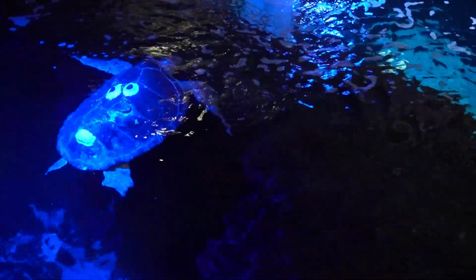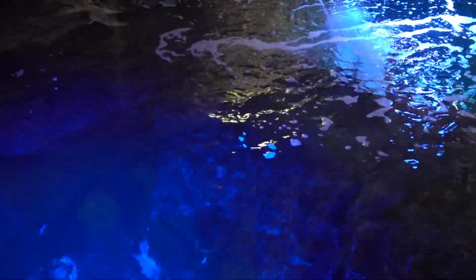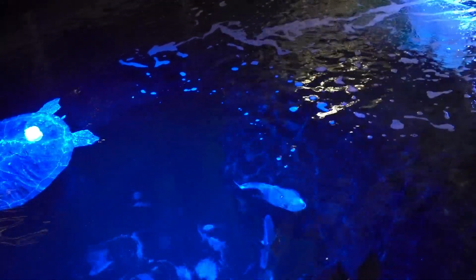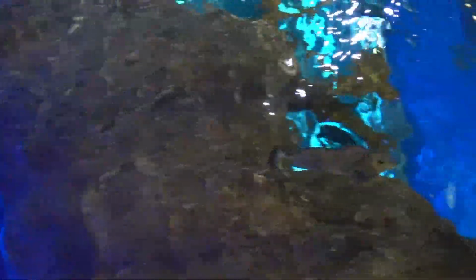What timing. This is great. Her accident occurred around February 2009. She was transported to the Florida Sea Turtle Hospital, and she was there for a few years, and then she was given to us when she was deemed unreleasable a few years later. She's been with us for about 8 years so far. It looks like she's doing really well. She's in good hands. She's about 16 years old and about 100 pounds. She's a teenage mutant turtle that eats like a ninja. I actually don't think she's a mutant, but...